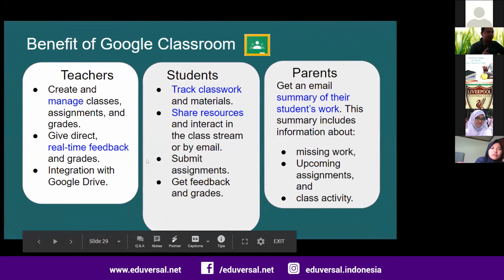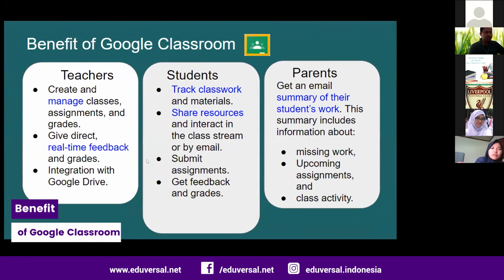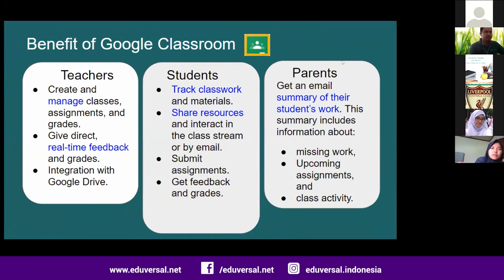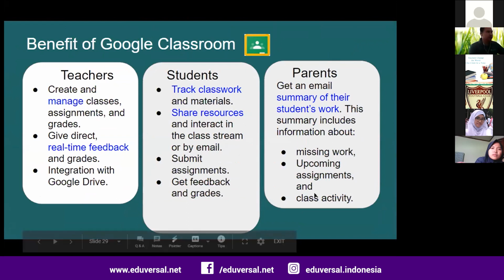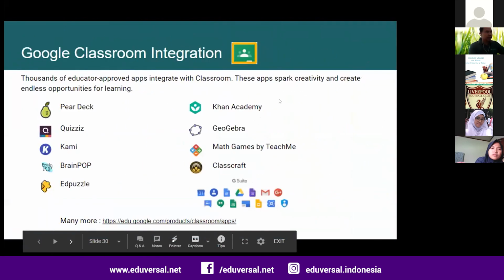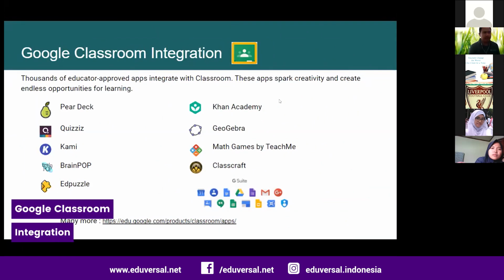This is the benefit of Google Classroom for teachers, students, and parents. Teachers can create and manage the classroom. Students can track their classwork and share resources. Parents will get notifications if you invite them as a guardian, and they get a summary of their students' work, about missing work, upcoming assignments, and so on. And one of the most important features that Google Classroom has, and maybe